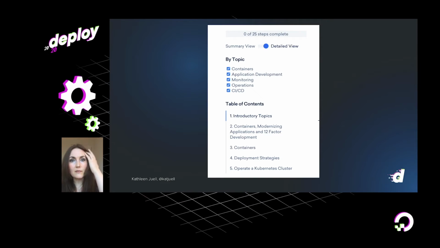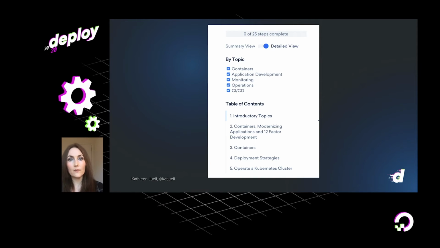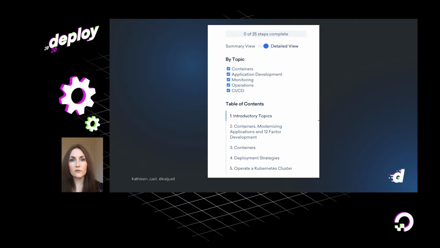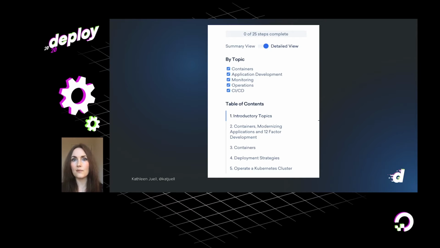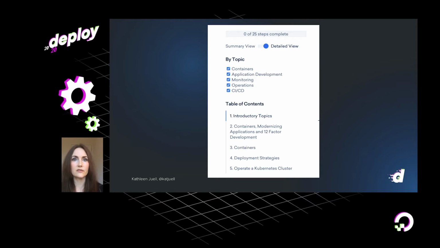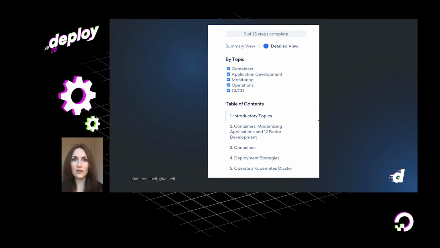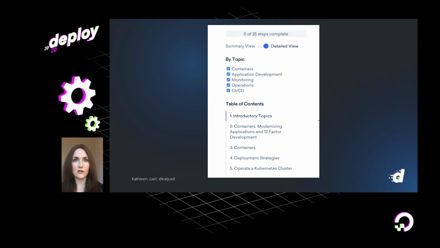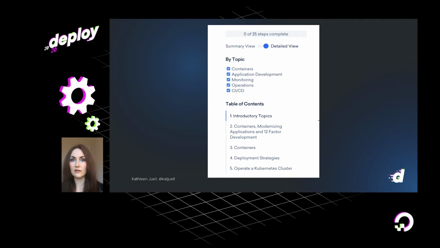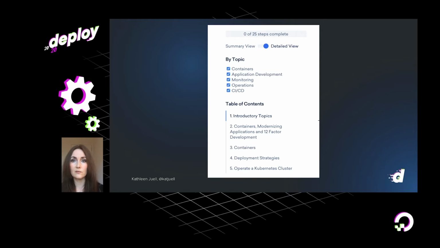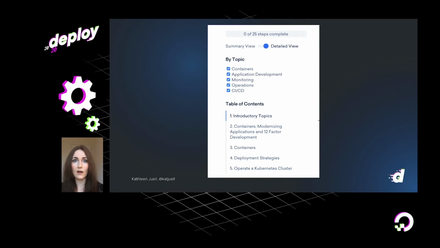So with these ideas in mind, let's go back to the Kubernetes curriculum. Thinking about these groups as I've just described them, application developers, operators, business decision makers, ended up being central to how the content team thought about their content, right? Which consisted of new tutorials that were written exclusively for the curriculum, as well as existing content that they wanted to present in a new and meaningful way.